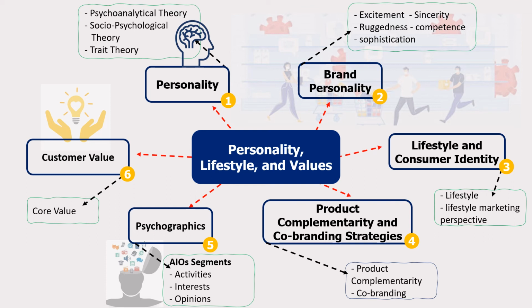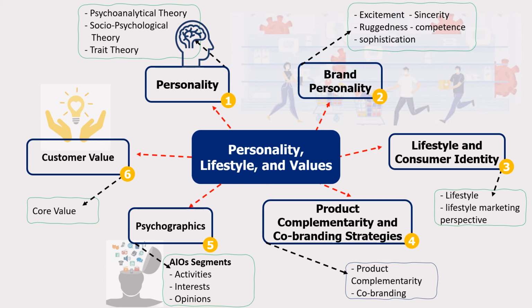Most contemporary psychographic research attempts to group consumers according to some combination of three categories of variables: activities, interests, and opinions, which we also call AIOs for short. Typically, the first step in conducting a psychographic analysis is to determine which lifestyle segment yields the bulk of customers for a product, and that is psychographics.